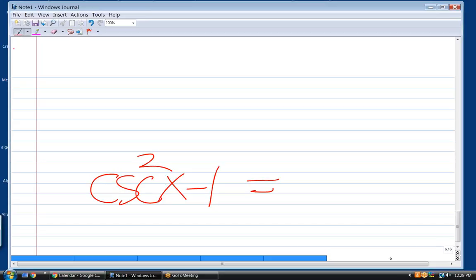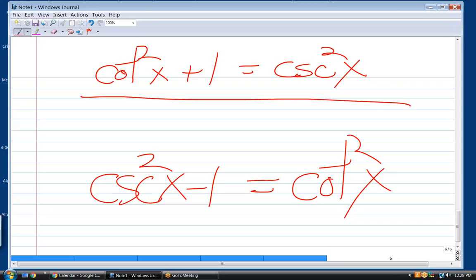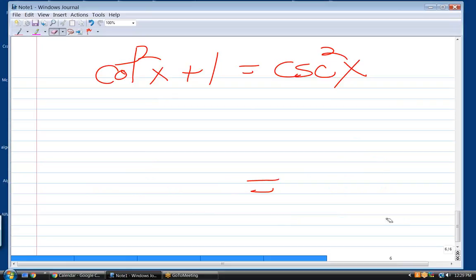Now look at it again. Would it be plus 1? The original is this. So all I did was I took the original and I subtracted 1 from both sides. So that leaves cotangent squared x on the other side. Okay? Yes. And this is definitely one that you want to know not just backwards and forwards, but all